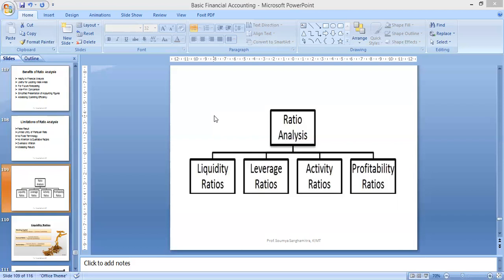Then our last ratio, profitability ratio. Gross profit ratio, net profit ratio, operating profit ratio, and expenses ratio are some of the main examples of profitability ratio. These ratios calculate overall performance of the business by using ratios such as return on equity, market capitalization ratio, price earning ratio,